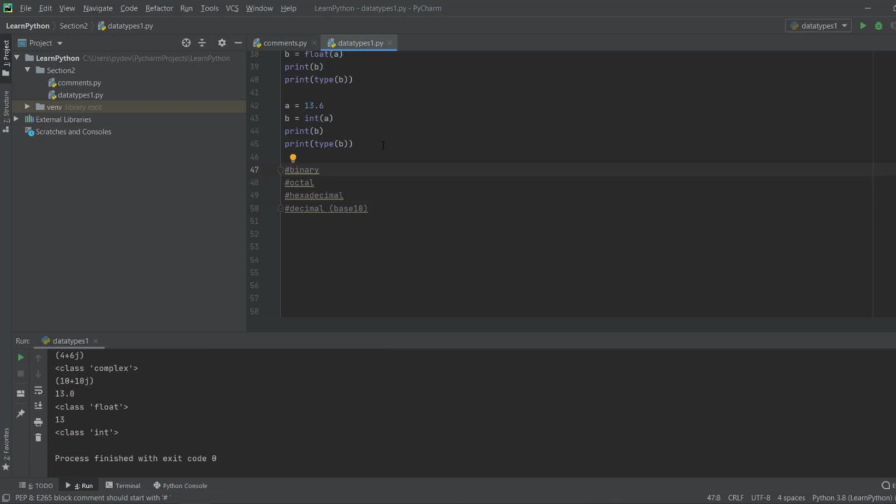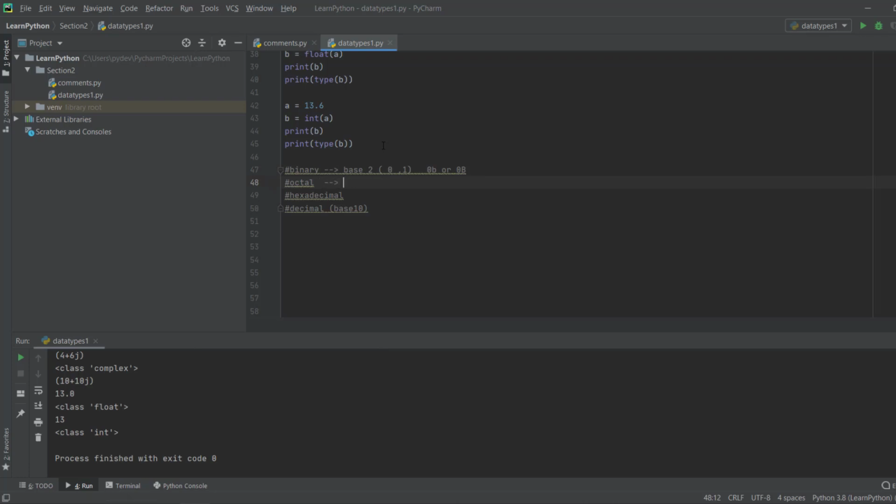Binary is nothing but base 2, and the allowed values are 0 or 1. How do you represent a binary number in Python? You start with 0b or 0 capital B.